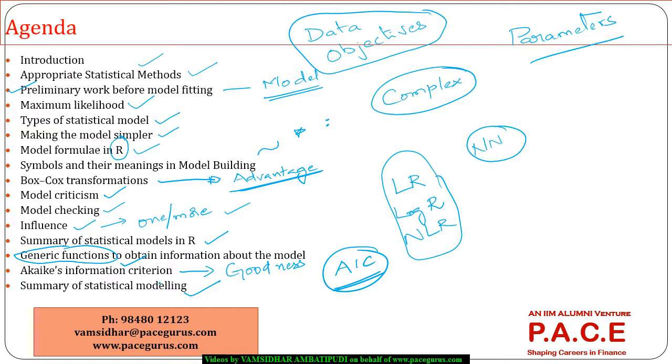right from step 1, we'll do a quick summary in terms of what we do if I am given data and I am asked to go ahead fitting a statistical model to the data. What is it that I am going to follow? So once I am clear on this